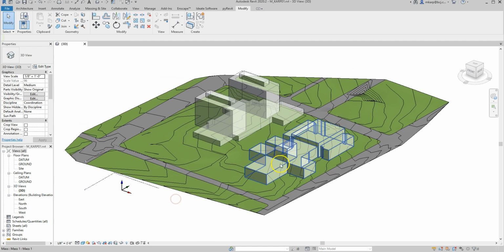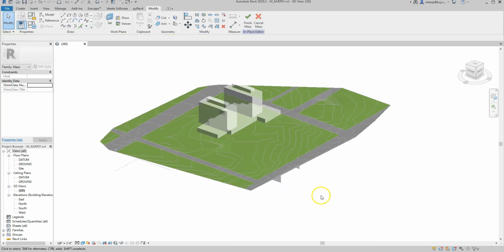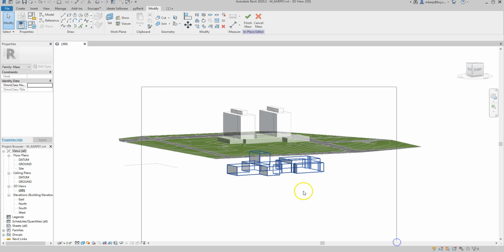So now let's assign materials, and these masses will do weird things when we try and assign materials. So I'm going to click on this mass. I'll note that it's 91 feet up because it likes to move these things sometimes when you edit them. So it's 91 feet up, and what I'm going to have to do is click Edit Mass, and you can see it moved it below the ground here. So I'll just select everything and grab it,